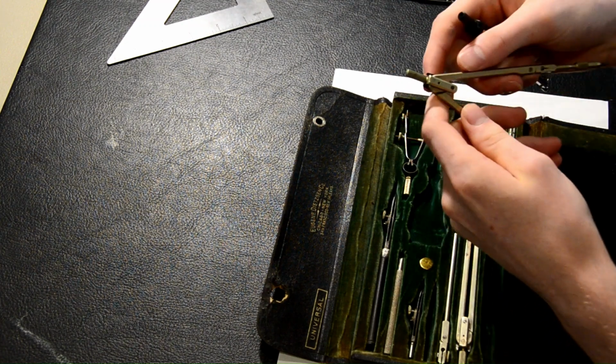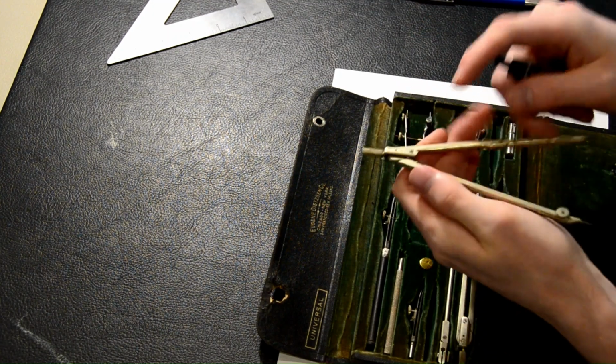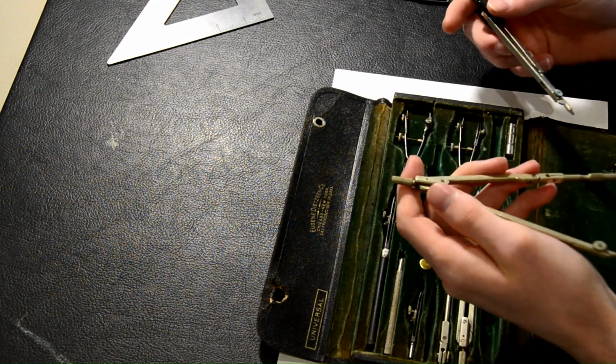And then it fixes itself. I'm not exactly sure how this joint works. It's a joint that was mentioned in the... You can find a catalog for Eugene Dietzgen Company for these types of joints, and I forget what it's called. But I do find it interesting that this particular joint, from who knows how old, has greater